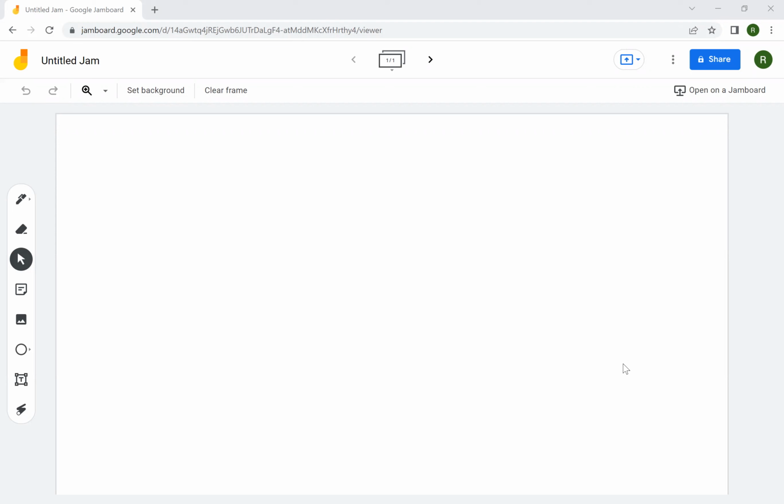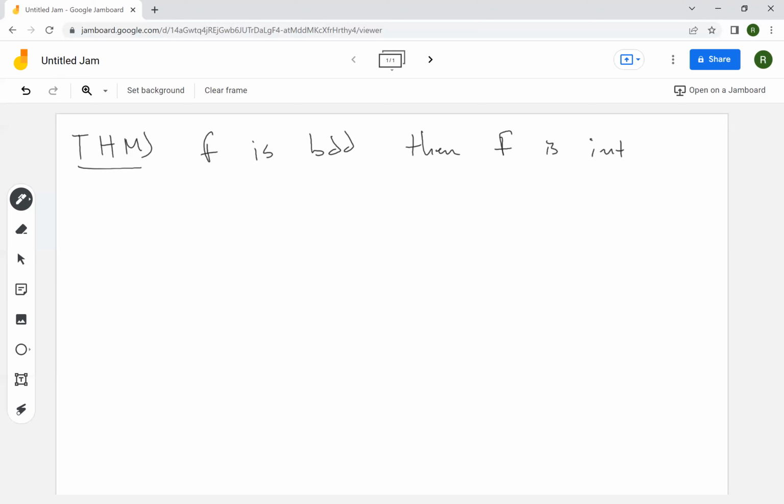I want to use the technical lemma from the previous video to show another sort of Cauchy integrability condition for bounded functions. So the theorem is the following. The theorem says if f is bounded, then f is integrable if and only if